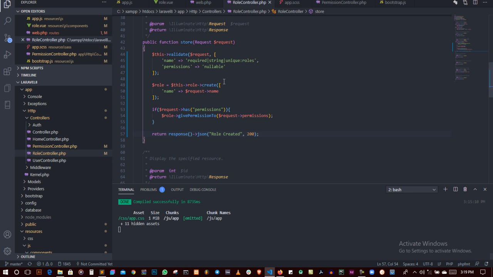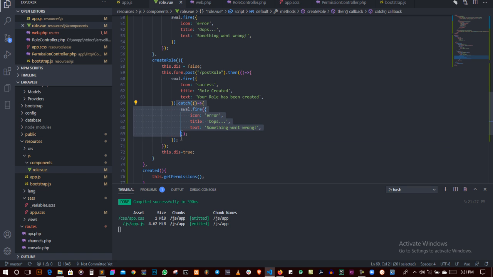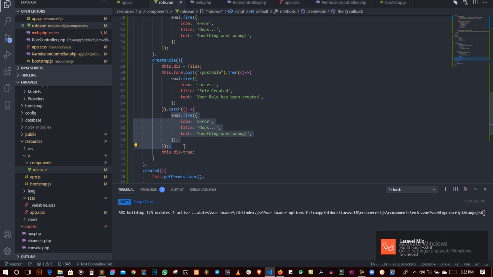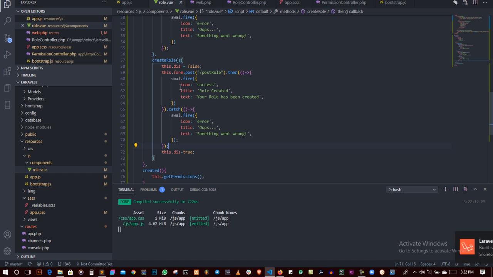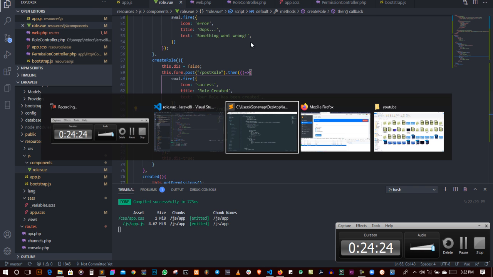And right now, after creating the roles, I need to redirect them to the roles index page. To do that is simple. We need to just create. I think there is an error here. Yes, there is an error here, which I didn't see earlier. I'm just going to fix this right now. So the error is this actually needs to be assigned to the then function, not this. And I think that's clear right now. And I'll say window.location is actually going to be roles. So these are, and if I refresh,